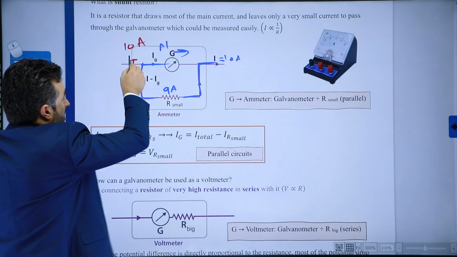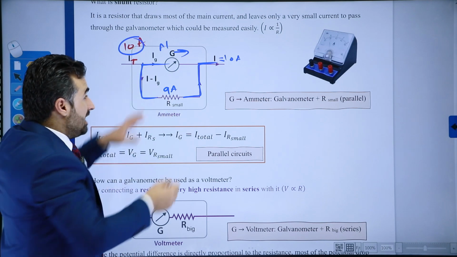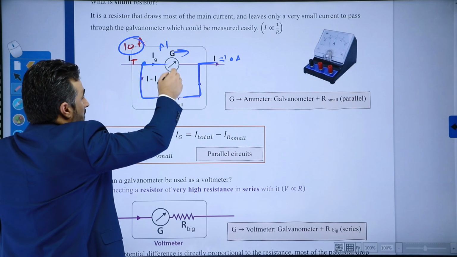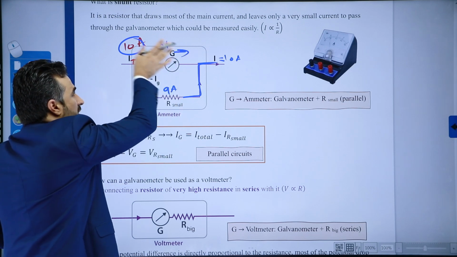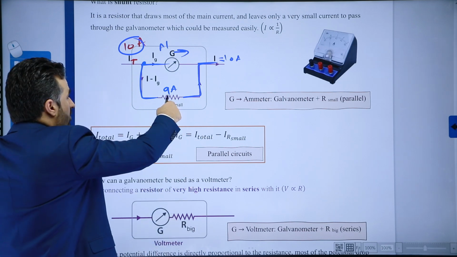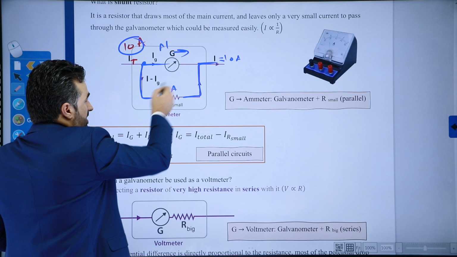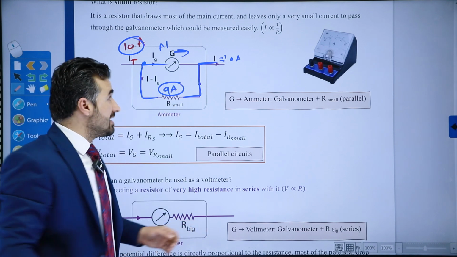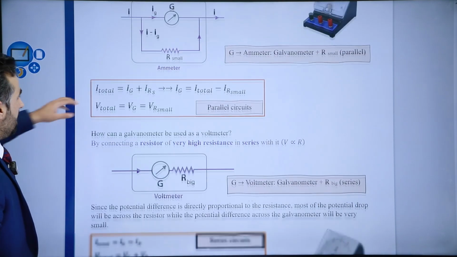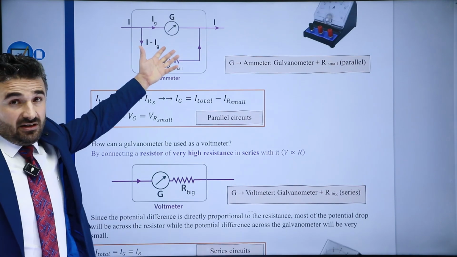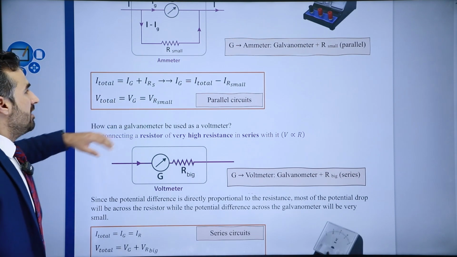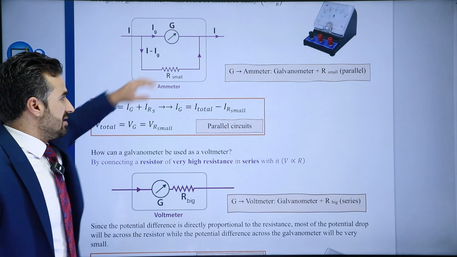But remember this, there is 10 amperes because in parallel the current is additive, which means that the current splits here. Whichever part has less resistance, more current will pass through that part. So this one has a small resistance, so most of the current will pass through this one, something like 9 ampere. That is for an example. And then 1 ampere goes through the other one, and that is how it can be used. So you can see here, since it is a parallel circuit, the voltage is the same. So total voltage is the same as the voltage on the galvanometer,